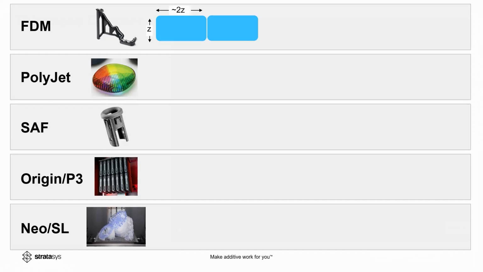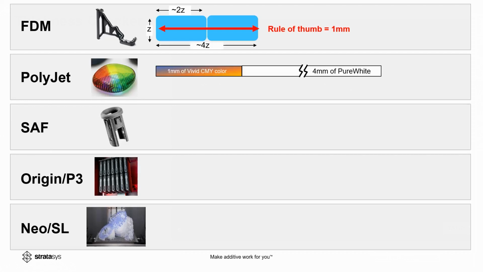Each bead is about 2 times that, give or take. So you want about 4 times Z as your minimum thickness. You can do the math, but a good rule of thumb is to start with 1 millimeter and go from there. For PolyJet, a colored model has 1 millimeter of color on the outside, then 4 millimeters of white in